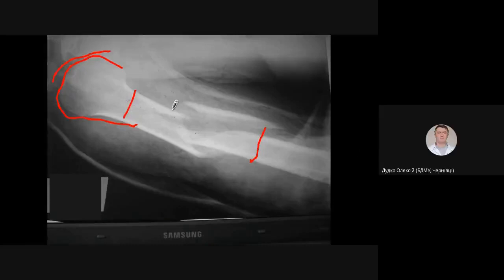Then we should check the fracture pattern. And you will see that this is not a transverse fracture, as for transverse fractures, the fracture line goes perpendicular to the axis. This fracture line is oblique, with some spiral fracture line. We also have some comminution, as this is an additional bone fragment, and this is an incomplete fracture here as well. So your diagnosis would be a fracture of the proximal third of the humerus, which is spiral and comminuted